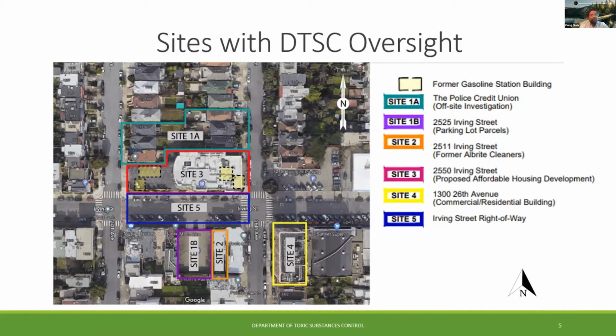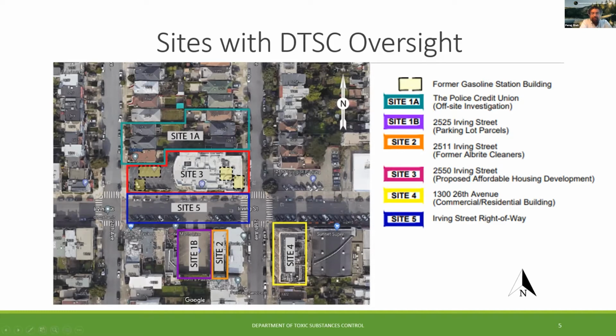I started my transition to project manager for these sites the third week of April when my colleague Arthur left DTSC. Thank you for your patience as I learn these sites and try to prioritize this heavy workload. My responses to your inquiries have been a little slower than I would like. I look forward to completing my ramp up on these sites, catching up on various inquiries, and meeting with you more often. So with this DTSC oversight,